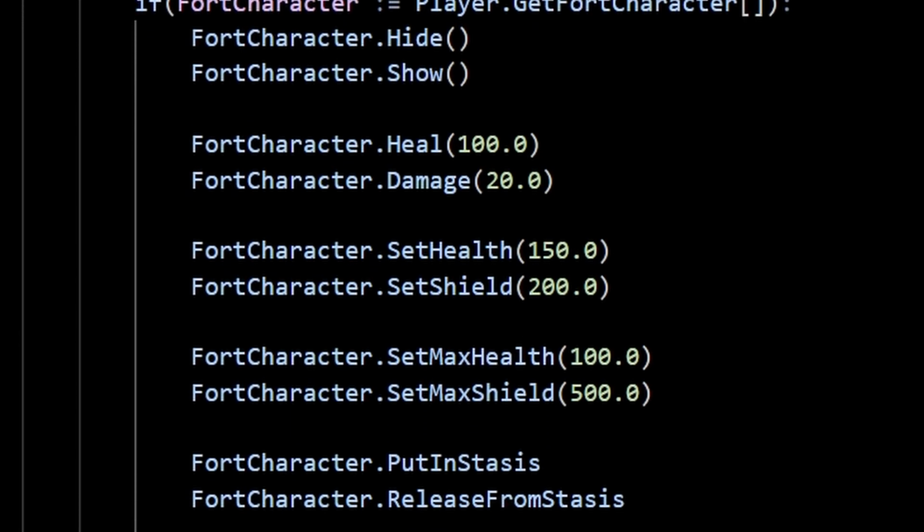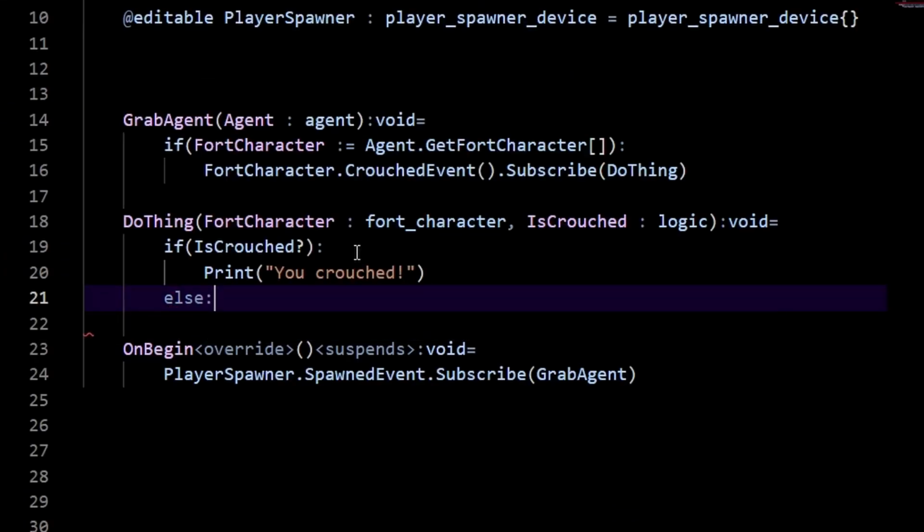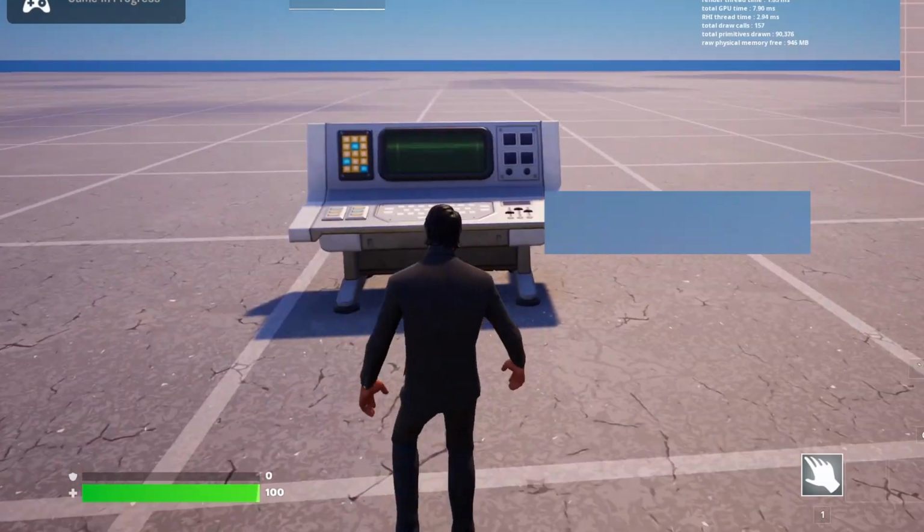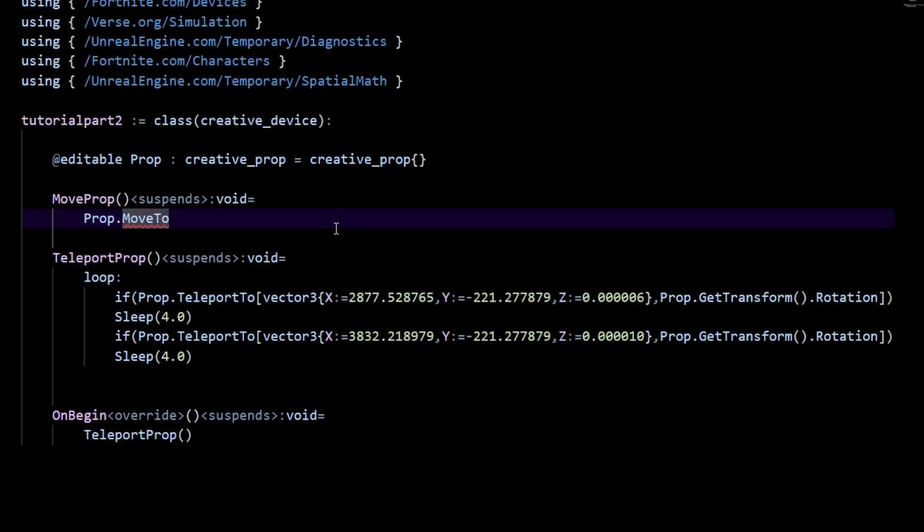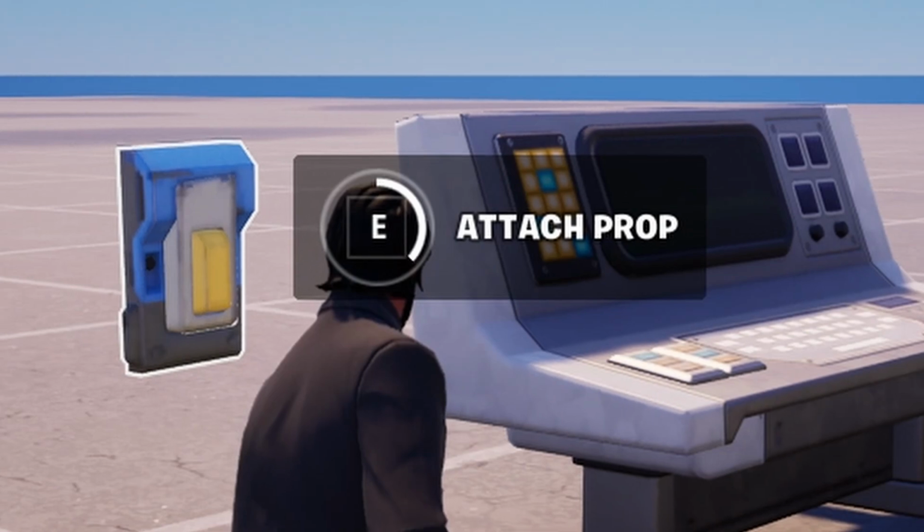them health or make them invincible or invisible, detecting certain events for the fort character, so if they crouch or something like that. Then after that, spatial math for props so you can move them around, and then finally attaching